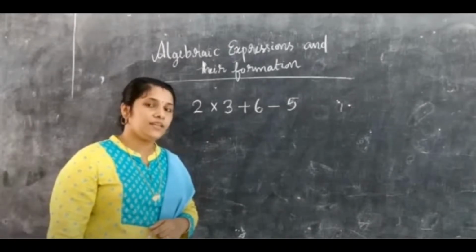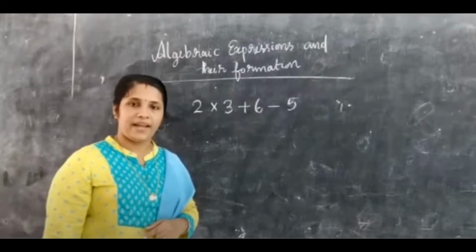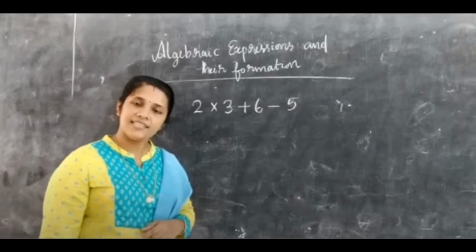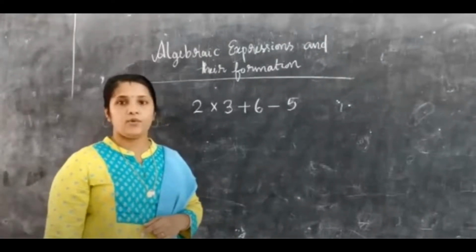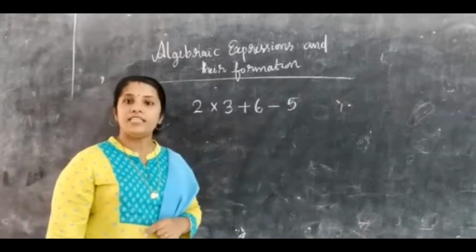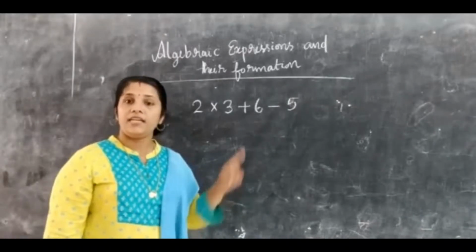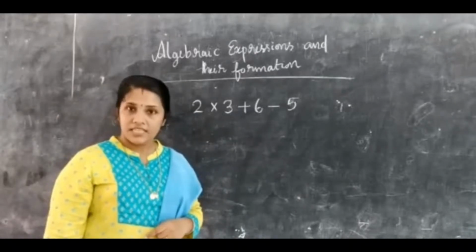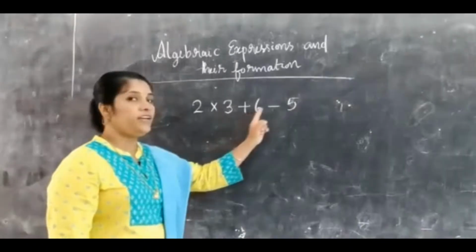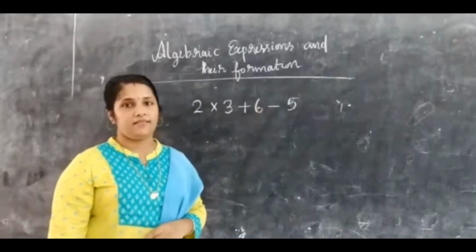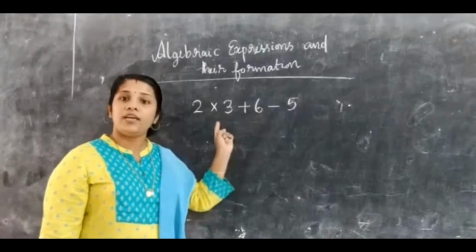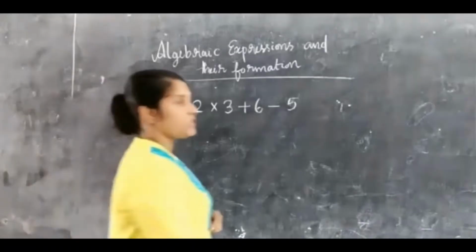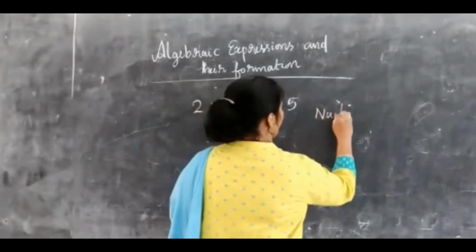To find the answer or the value of this expression, we have learned some rules also. What was the rule? Yeah, BODMAS. Bracket, order, division, multiplication, addition and subtraction. Correct. Using that rule, we can find the value of this expression. It is called a numerical expression, or just an expression, because it has different operations together. In this expression, there are only numbers, and such an expression is called a numerical expression.